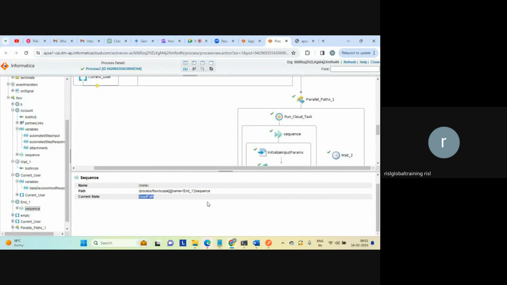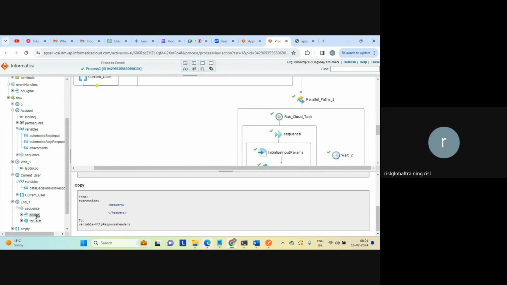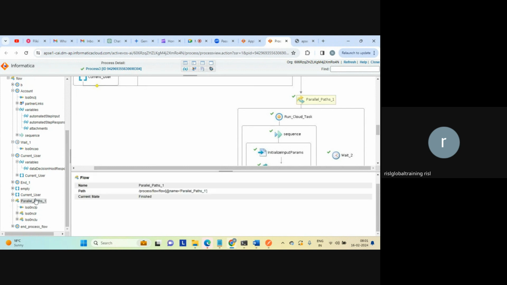Control has not gone to that particular path, because we gave the end step in between. Control has not gone there. So if you have it, then we can see the corresponding details. Similarly, we have also supplied parallel paths, where we can see